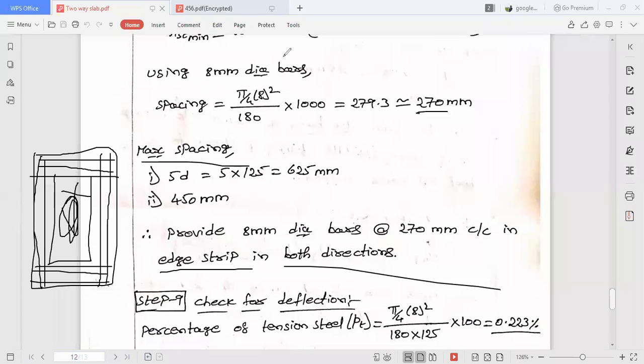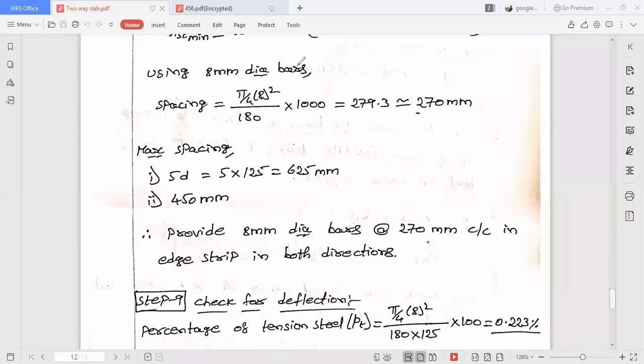Okay. All this detailed sketch will be explained at the end of the problem. And one more step is there, check for deflection. That will be continued in tomorrow's class or in the afternoon class. I will convey whether it is there or not to your CR. Okay. So you can leave the